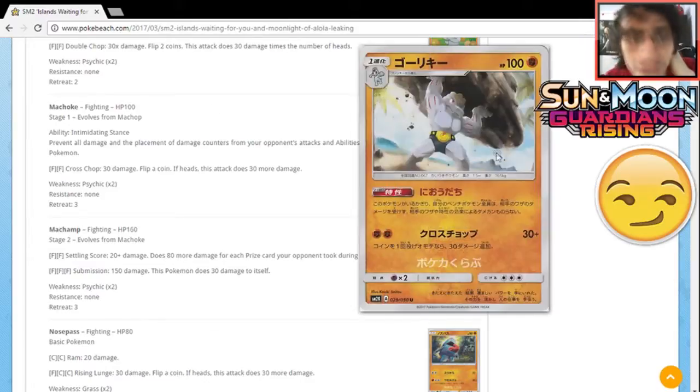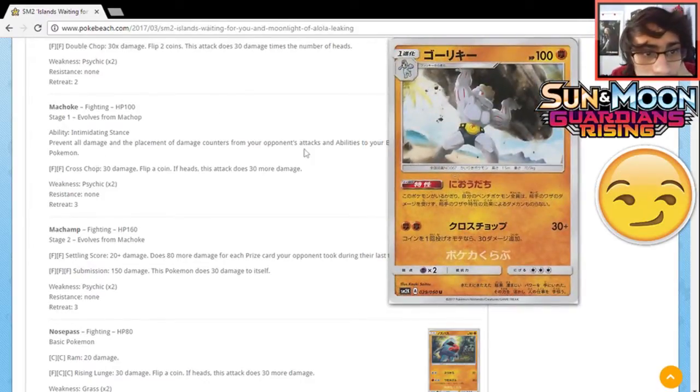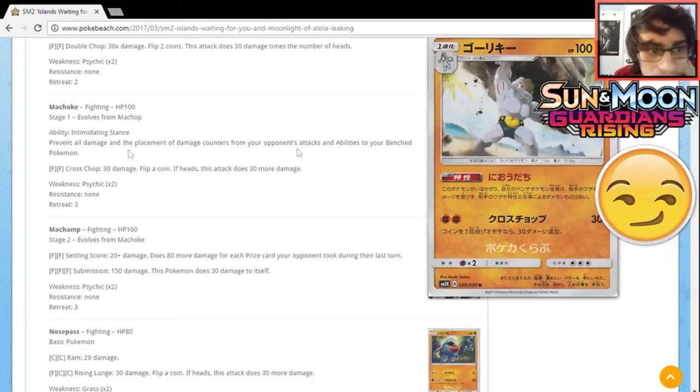Machoke, on the other hand, is really good. Prevent all damage and placement of damage counters from your opponent's attacks and abilities to your benched Pokemon. This thing is going to be in every single deck from now on, because it will counter... Whoops. Okay, sorry about that. I opened something up by accident, but it will counter